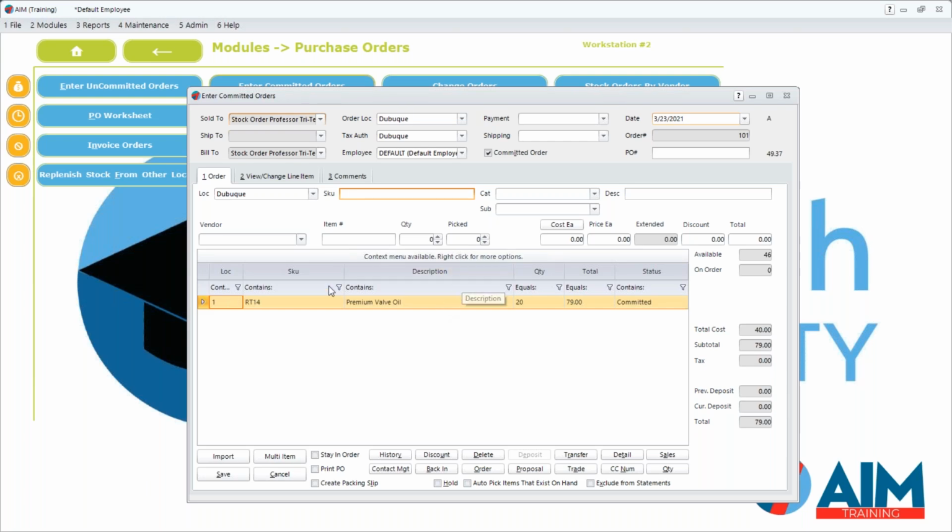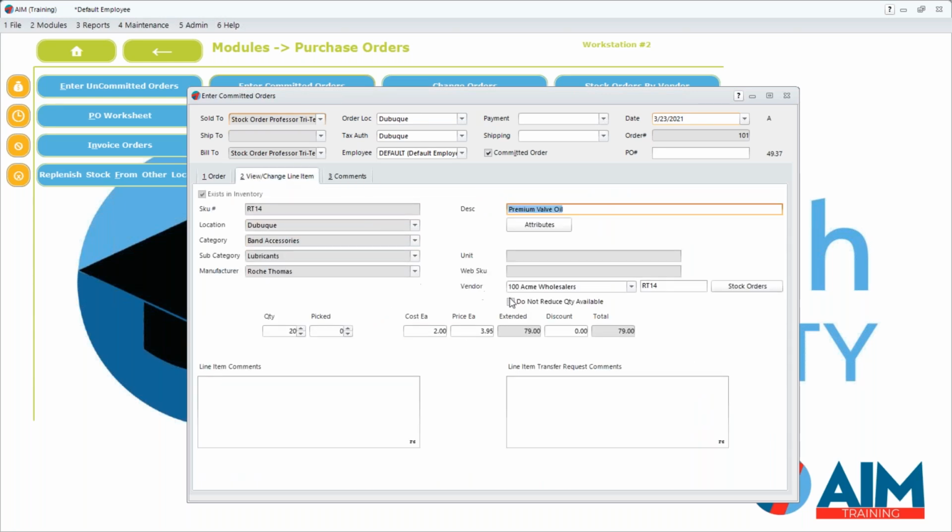And I can continue to do that and build out the order for anything that I need to order. Now, another key element of this is you don't necessarily need to have all of these line items be for the same vendor. So that vendor in particular, if I go to the second tab here, this was Acme Wholesalers,